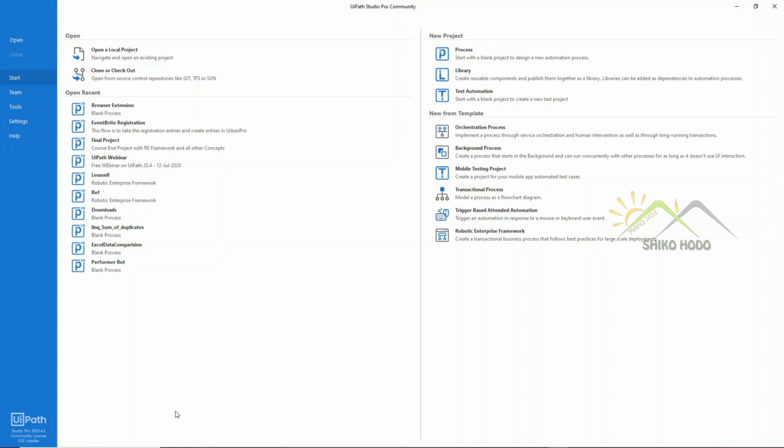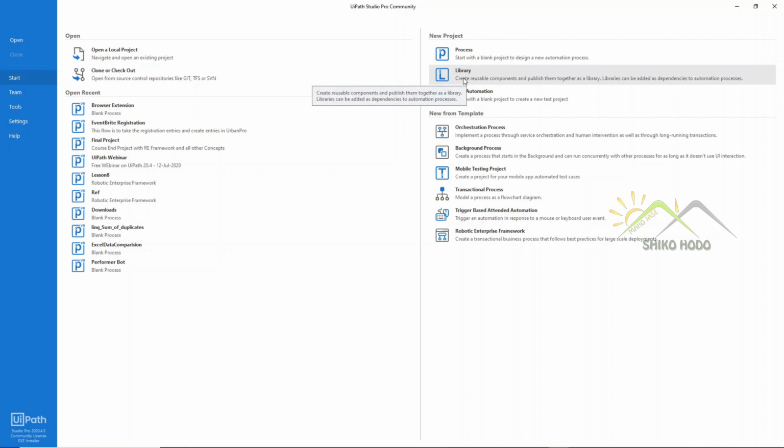So how to create a project? Here by default, we're going to get three different types of project options, and apart from that, we're going to get different types of templates. Templates we can see in our next video. Let's concentrate on project. So the basic project which anybody needs to know is a process. Under a project type of process, we can create various types of automation. We can call multiple types of activities and create automation.